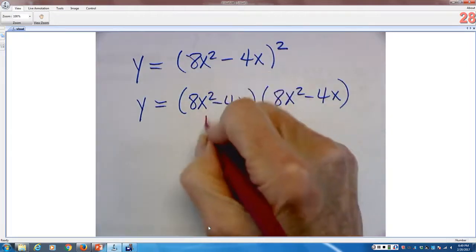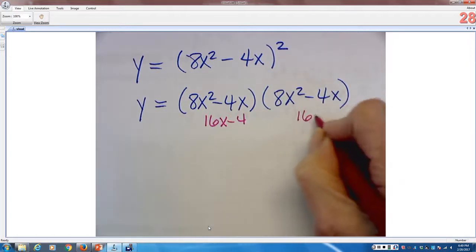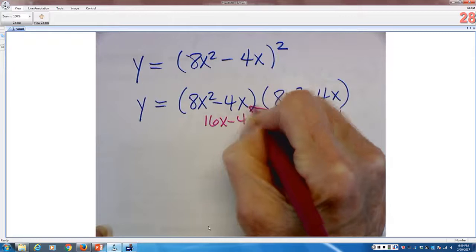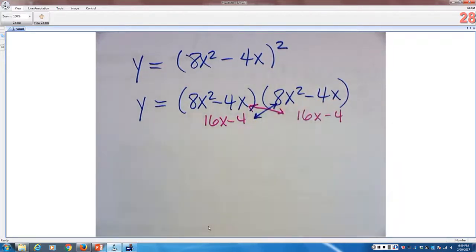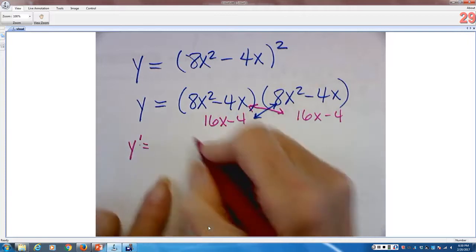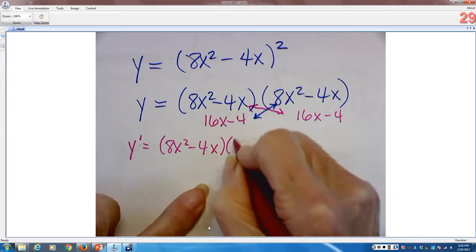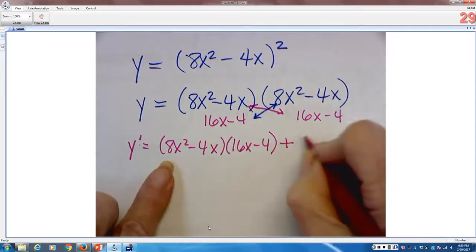2 times 8 is 16x minus 4. This one's also going to be 16x minus 4. So I'm going to take the product of these two and add it to the product of these two. So y prime is going to be 8x squared minus 4x times 16x minus 4 plus, same thing again,